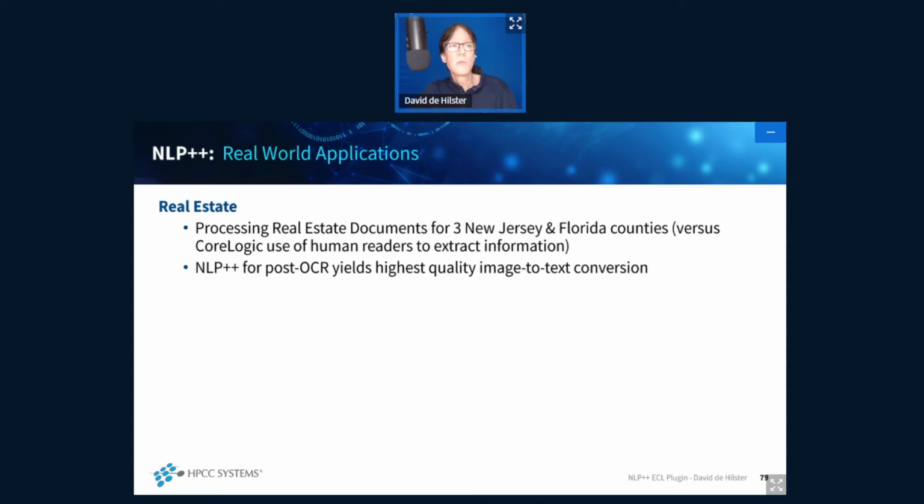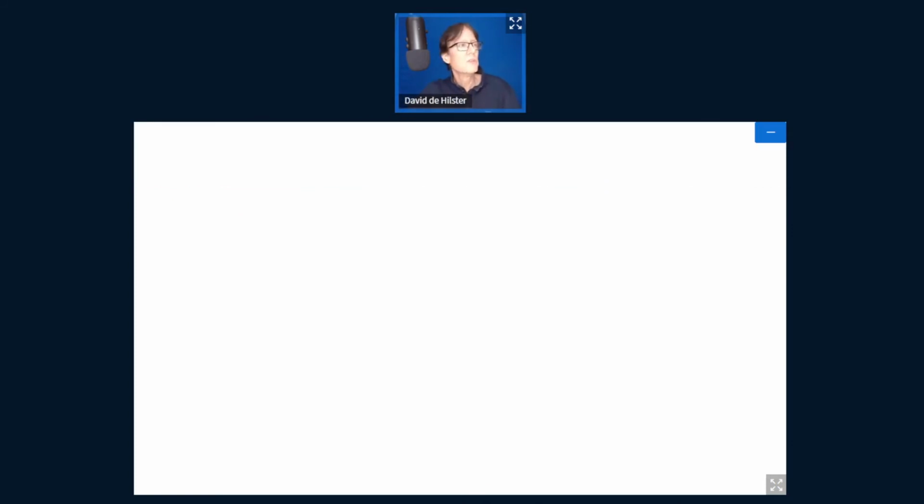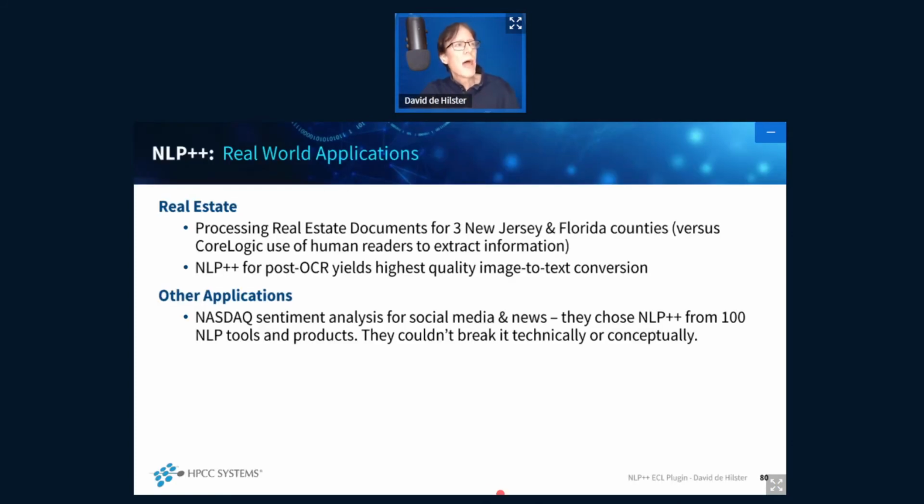Also, NLP++ for the same task is doing post-OCR, which has really high yields and the highest quality of text, image-to-text conversions, because we can build an NLP++ analyzer to look at the text like a human does, make all those corrections, and encode that knowledge into NLP++. Other applications: